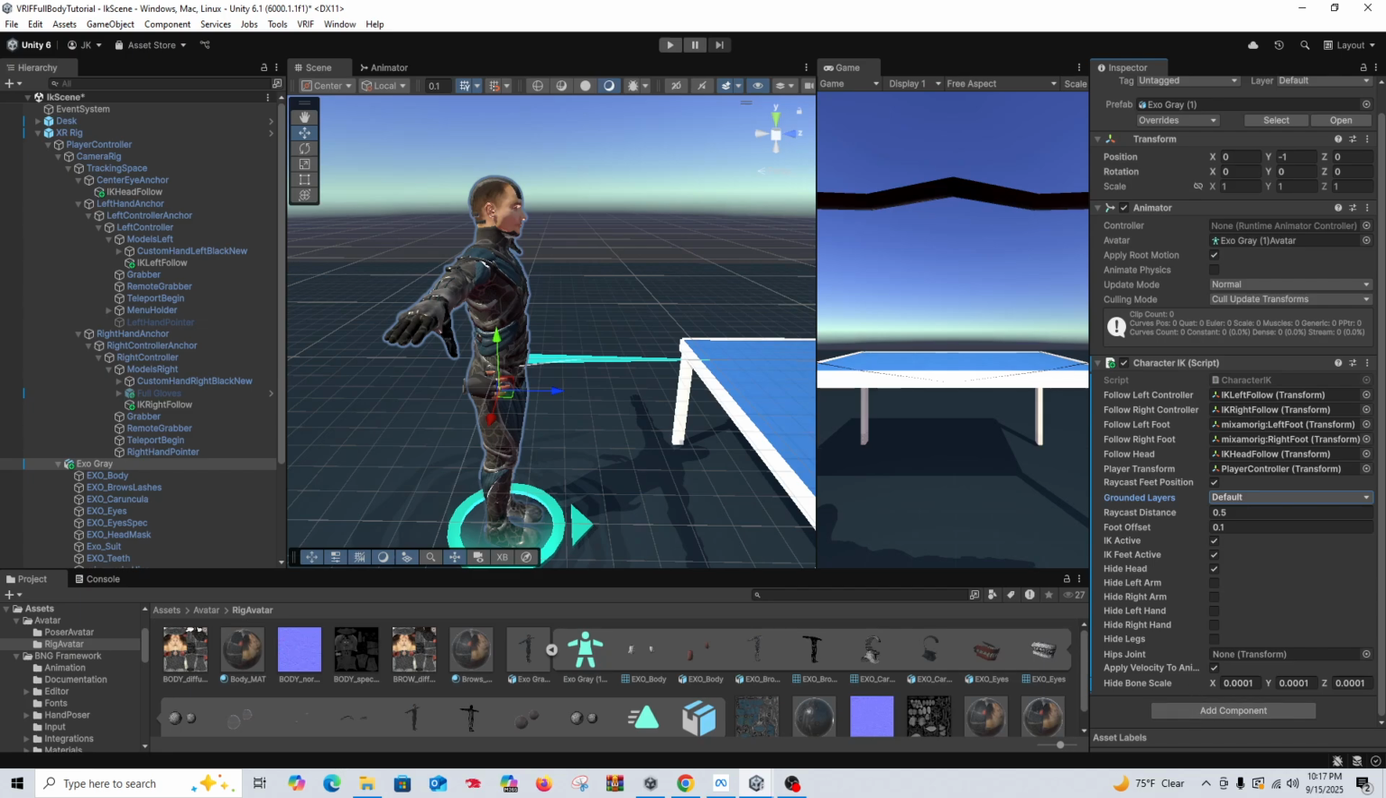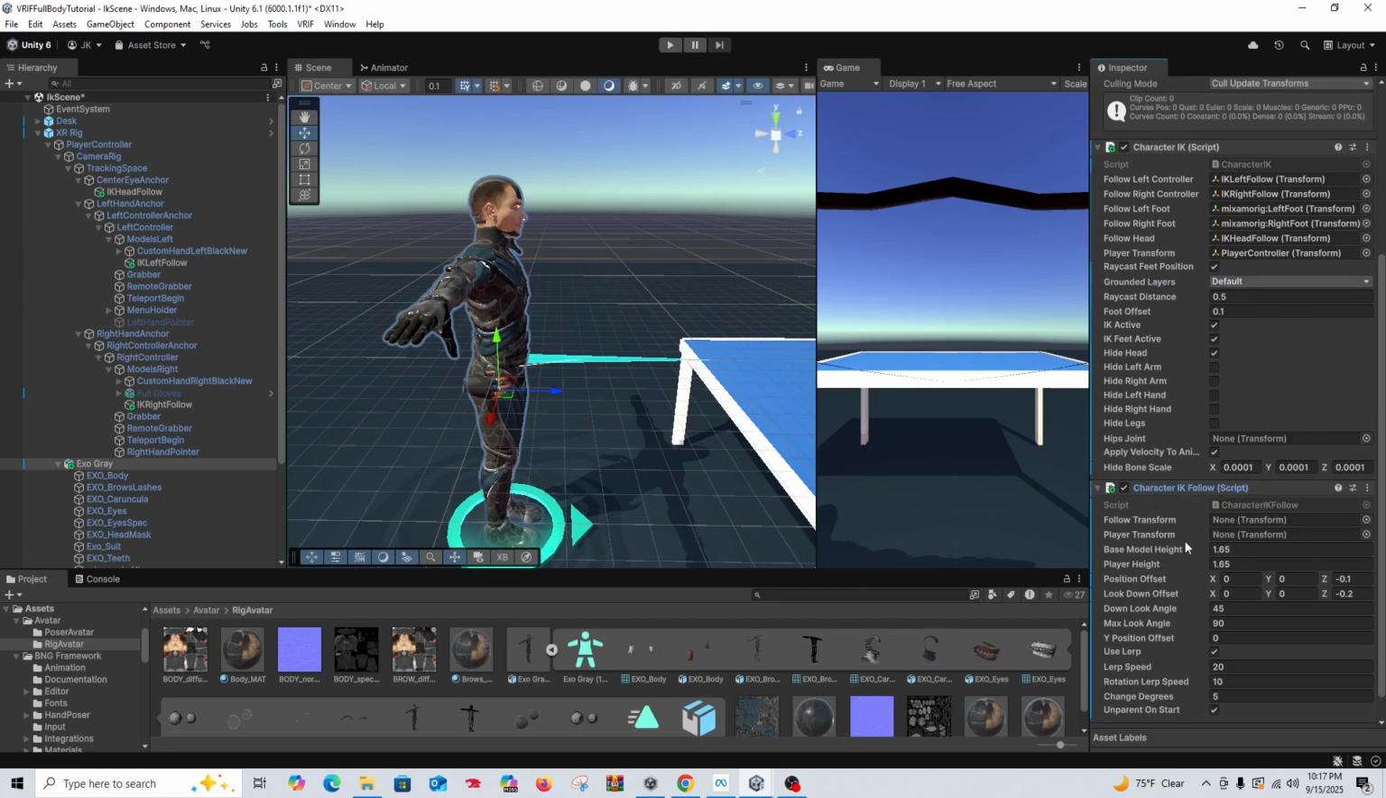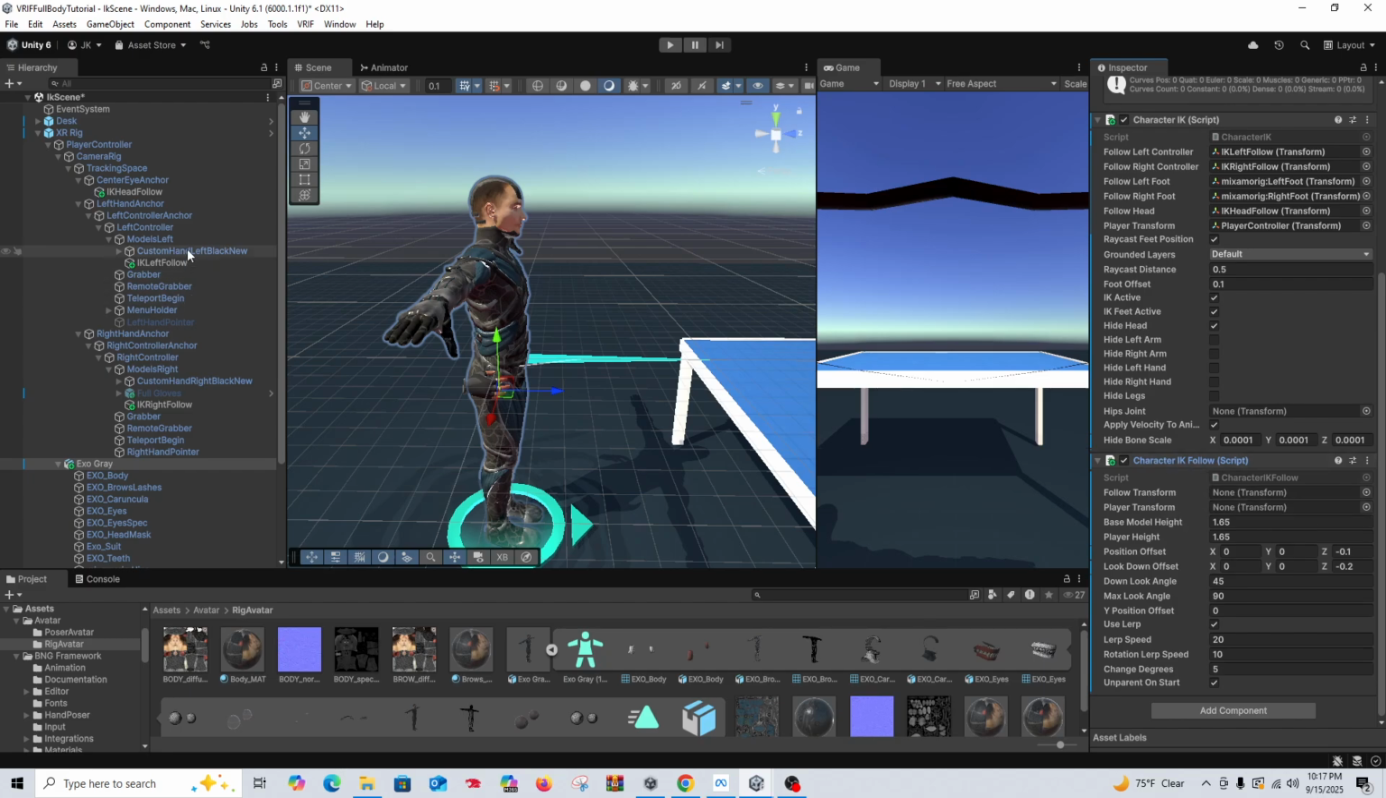Next, we need character IK follow. So let's add character IK follow. And then here, the follow transform is going to be our center eye anchor. And then our player transform again, it's going to be our player controller. We could leave this as is, this as is. Download angle, leave that all the same. You can mess around with these and see what they do. These are just look angles, if I remember correctly. Lerp speed is, we're moving this around with velocity, so I think that's, if I remember correctly, I haven't messed with this rig in a while. It actually is what's moving our rig, but